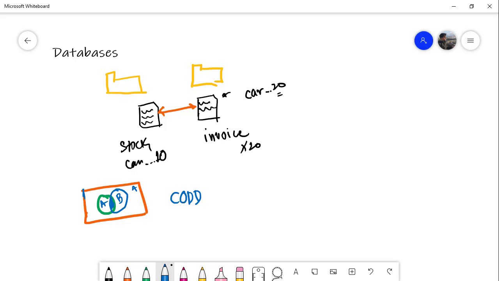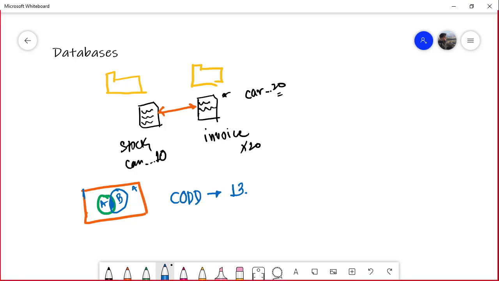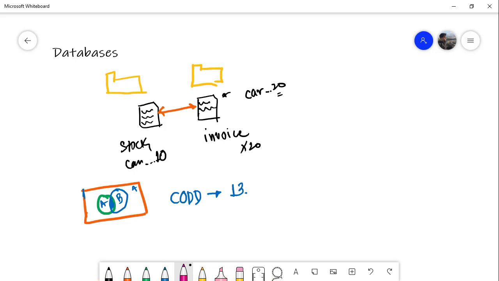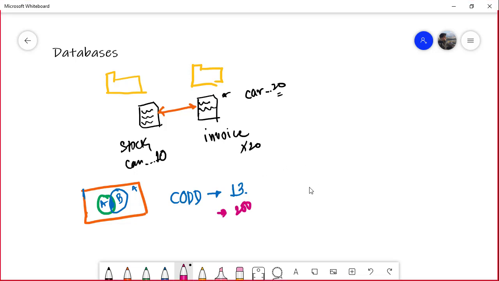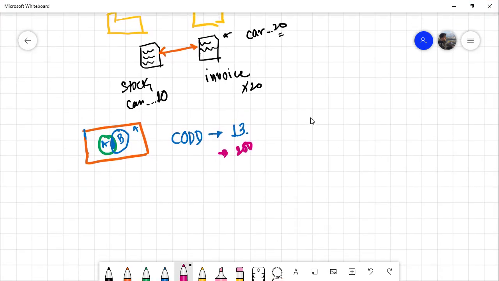It was a researcher at IBM, Dr. Codd, who started applying set theory for storing data. And Dr. Codd came up with about 13 rules. These 13 rules became the foundation of what we call today the relational database. As databases grew more mature, people started adding more and more rules to this original list of 13, and there are about 200 rules that contribute to the modern relational database set theory. With that said,